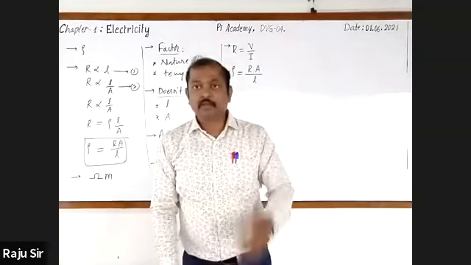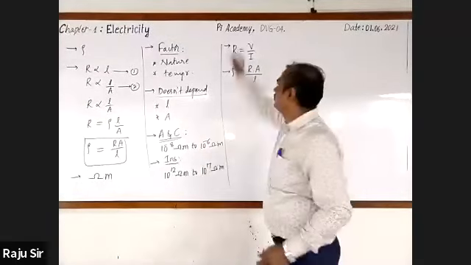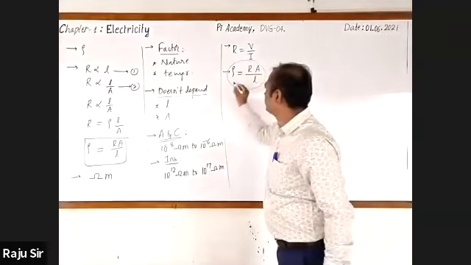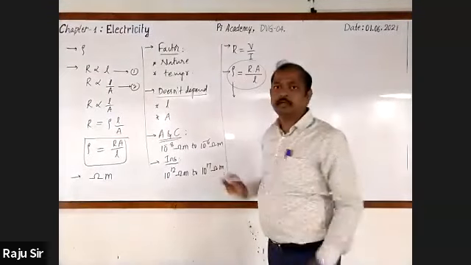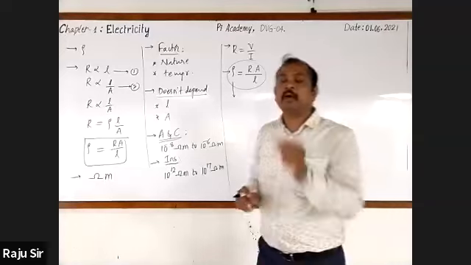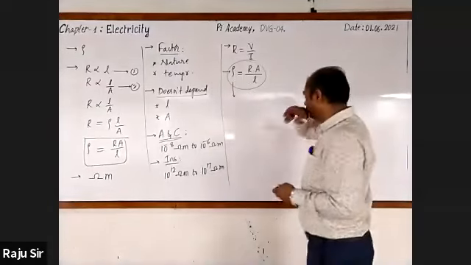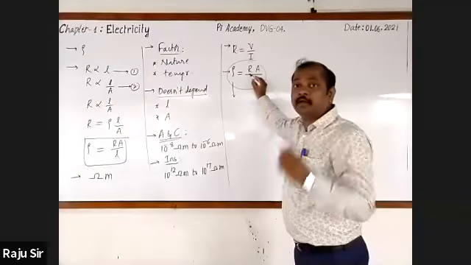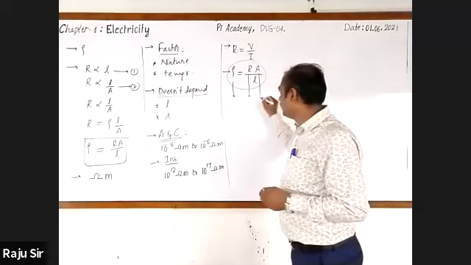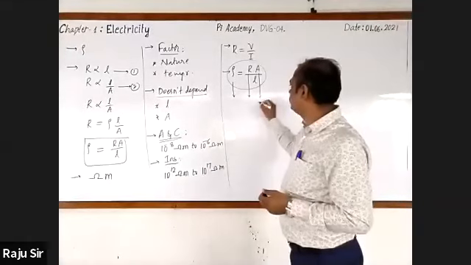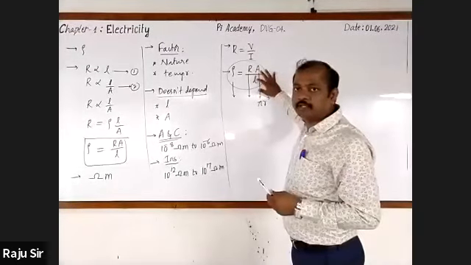Dear students, before going to solve the problem on resistivity, let me make you recall this formula. It is rho equal to R into A by L. Here rho is electrical resistivity, or in short, just resistivity. R is electric resistance. A is area of cross section. To find the area of cross section, we use the formula pi r square. And L is length of the conductor.